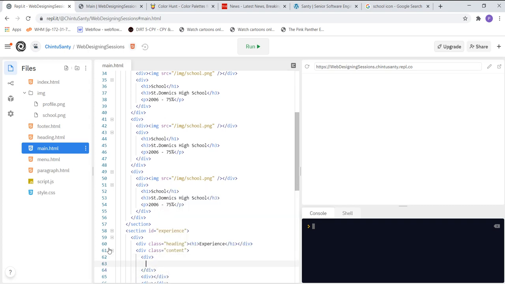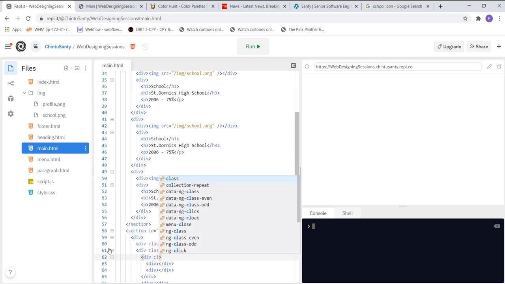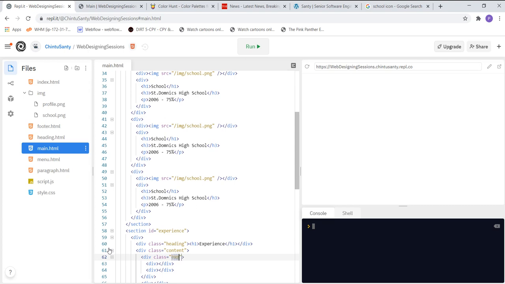So inside this div, first I will have 2 divs again. I'll give the class name as experience, exp. Then inside this I'll create another class called name,